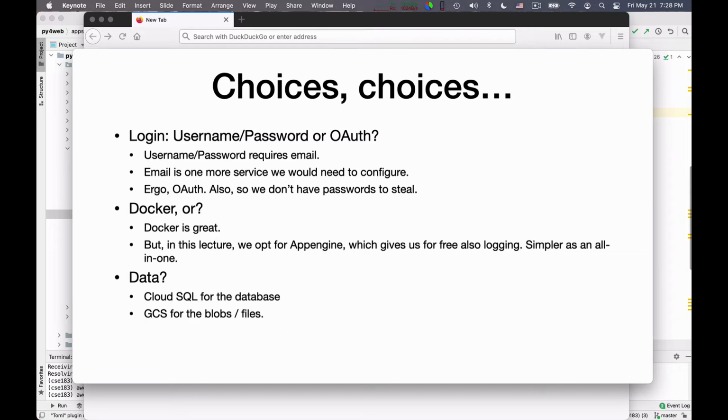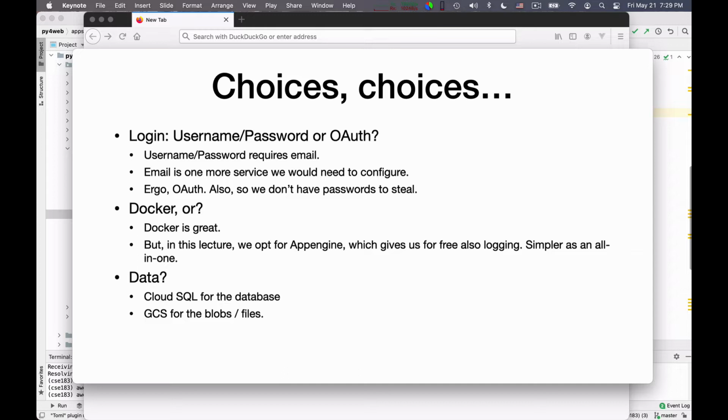So there are some choices to make. For instance, how do you log in to this application? Username and password, or are we going to use OAuth? Username and password require email to be active. The problem is that if you allow people to log in via username and password, they may forget what their password is, obviously, and so they need to be able to reset it using email. This means that when they first create the account, you need to validate the email they use to log in, because otherwise you could be sending out a new password to an email that you never validated belongs to them.